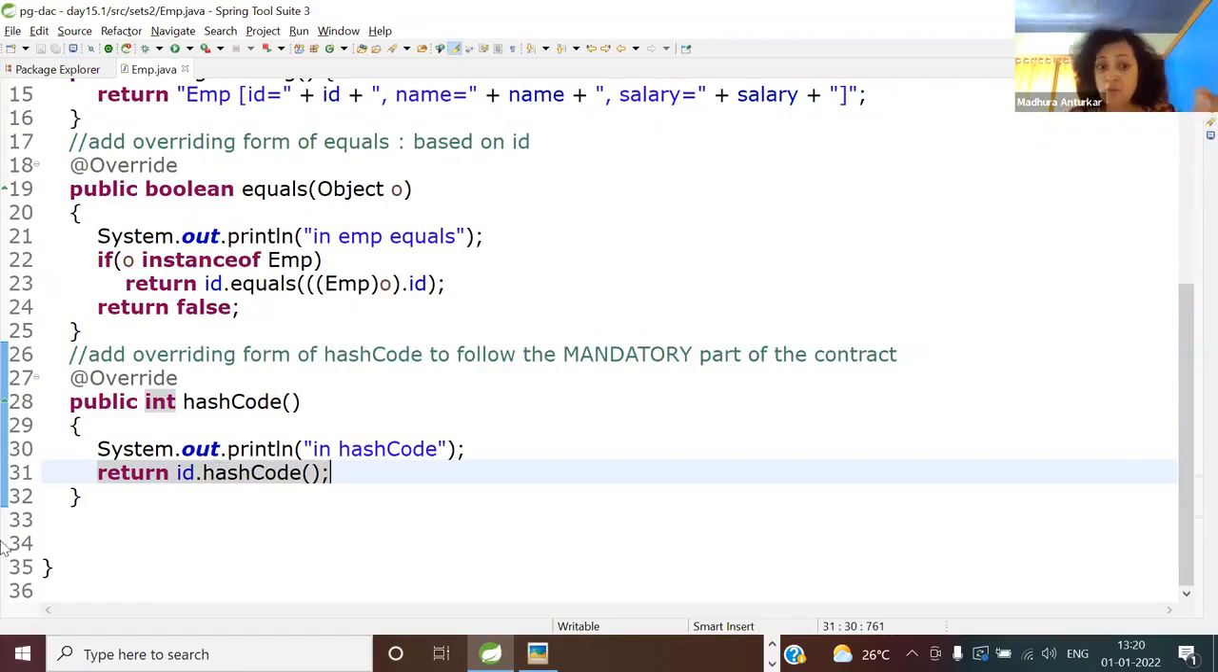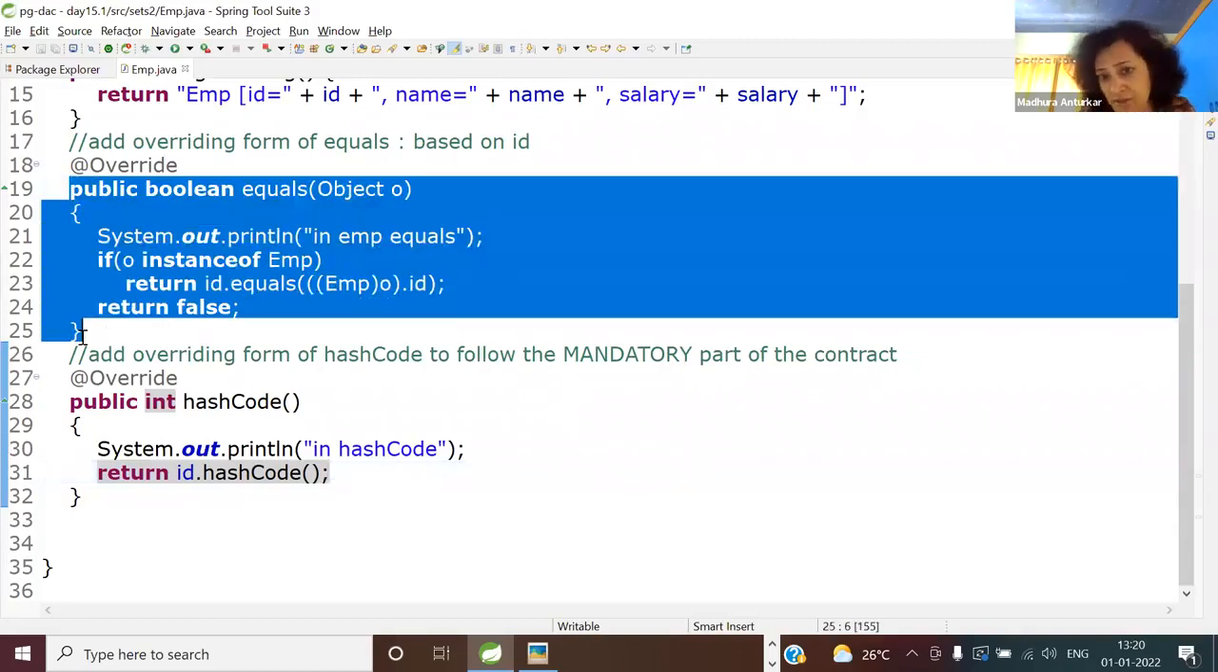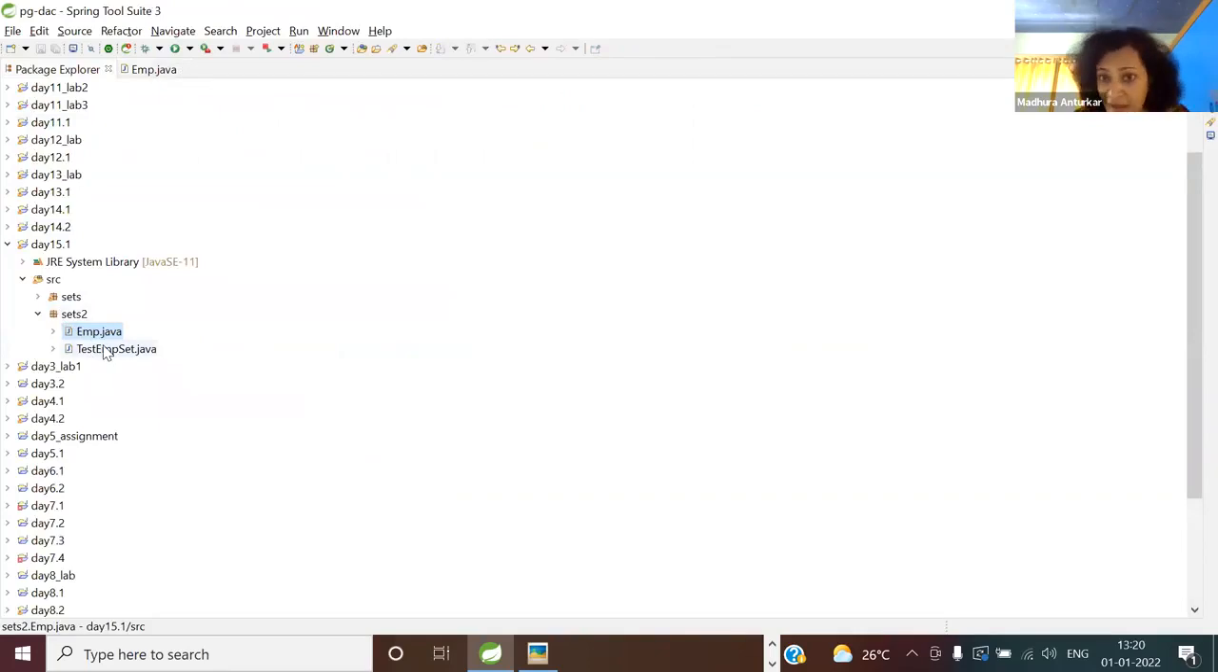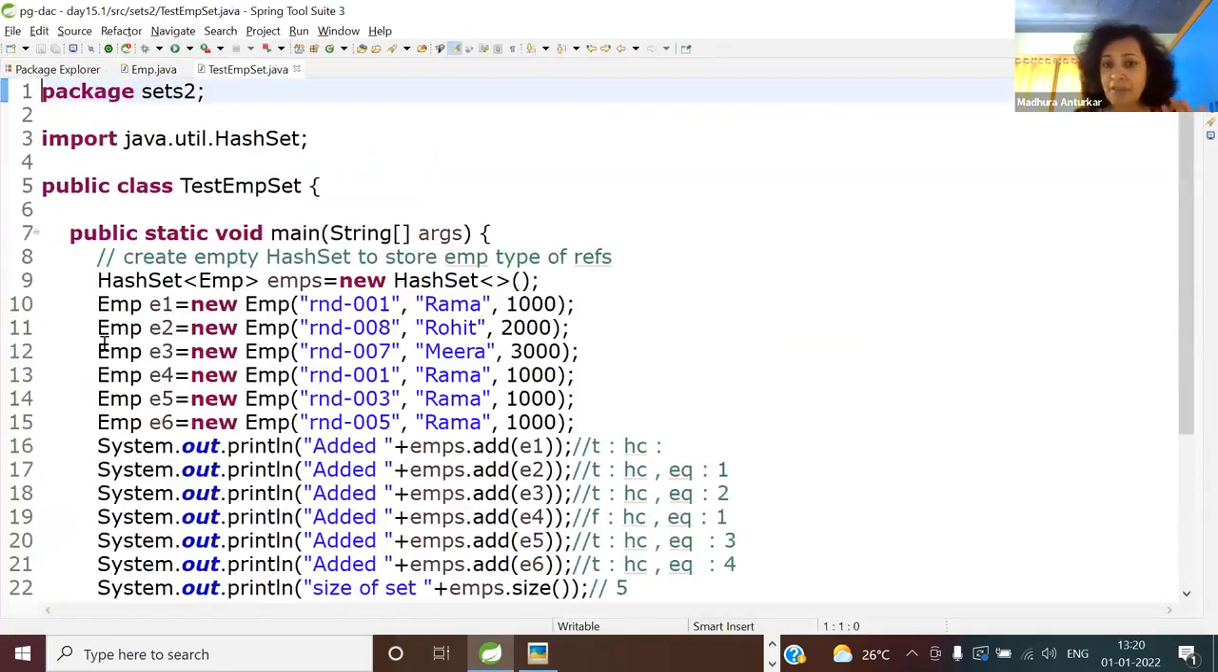Everyone with me? So I'm going, I hope, sufficiently slow. So your equals method I did not even touch. It is full and final. But here I changed the id.hashcode. Now you simply run it. Okay. So that is why I asked you to create another copy. So you will have two different sets of observations. So run it, guys,